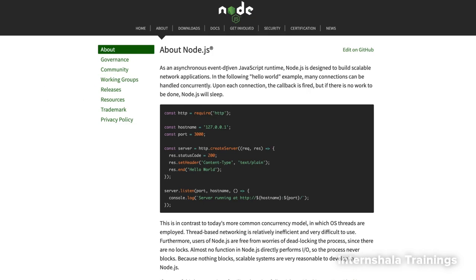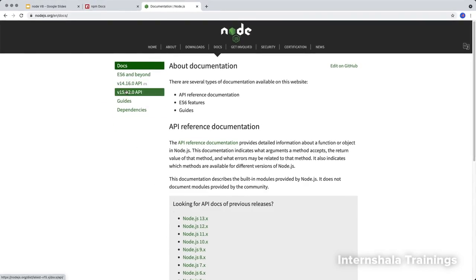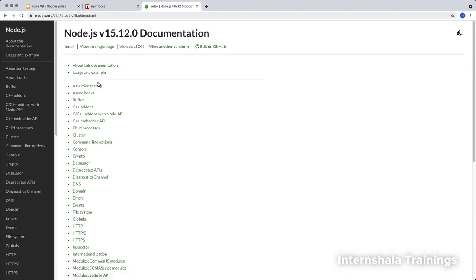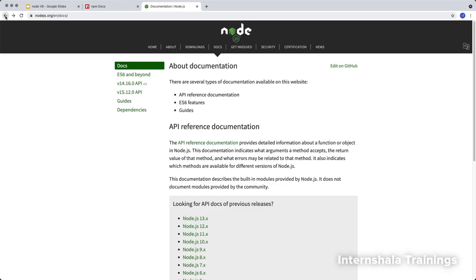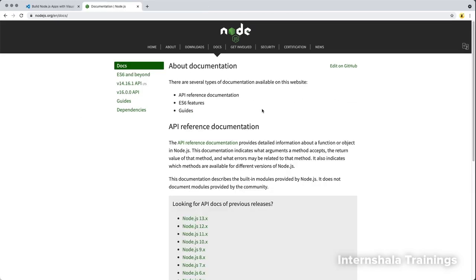And if you go over to the Node website, it'll give you more details about Node and, of course, documentation. And there's really good documentation on the website itself. So going to nodejs.org under docs and selecting whatever the latest version is that you're using, it's got a listing of all of the documentation here on the website with code examples and everything you need in order to really get started with Node. Of course, we are covering this in the upcoming lessons. But if you do want to check out what's available at the